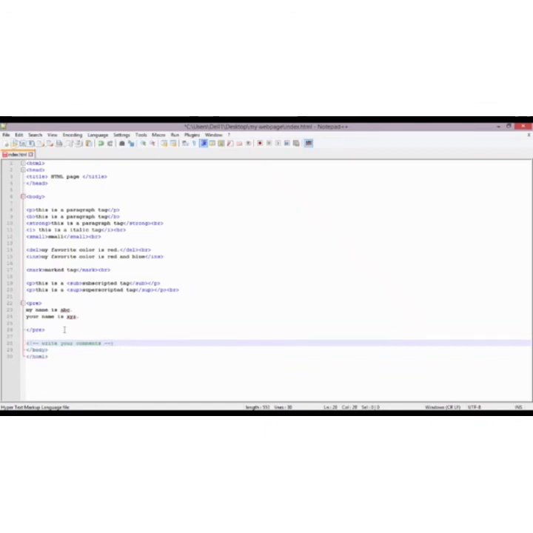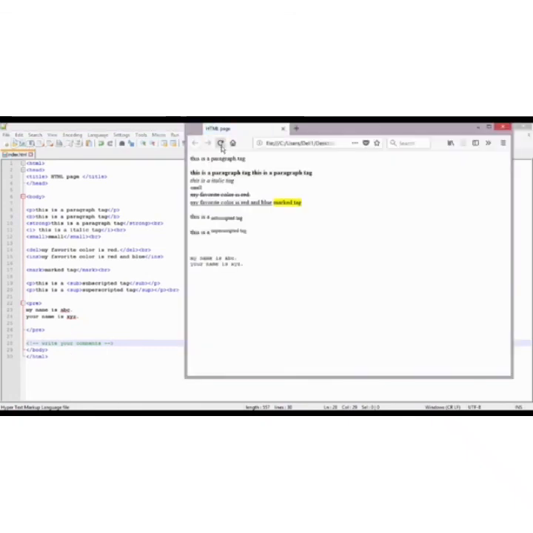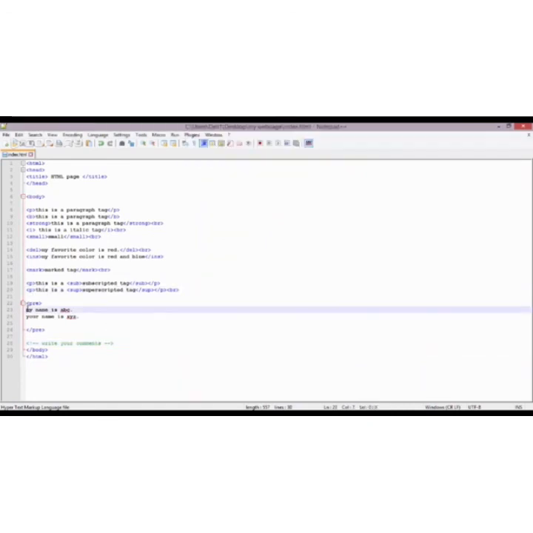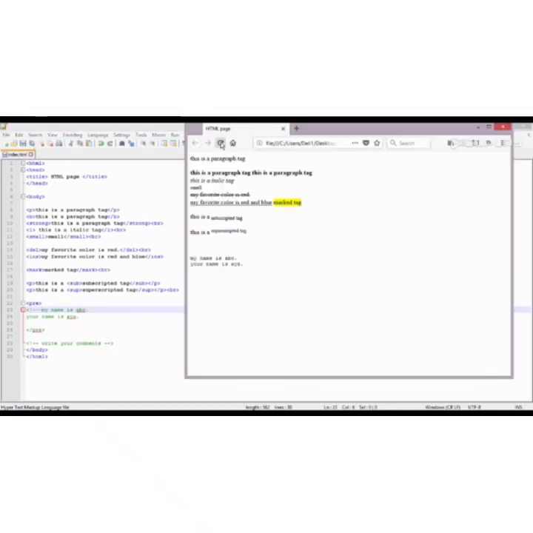Notice that there is an exclamation point in the opening tag but not in the closing tag. Comments are not displayed by the browser, but they can help document your HTML source code. Save these changes, and we can say that it will not appear in our browser. Nothing appeared. Say for example, we want this text to not appear, so save the changes and refresh your browser. The text will disappear.